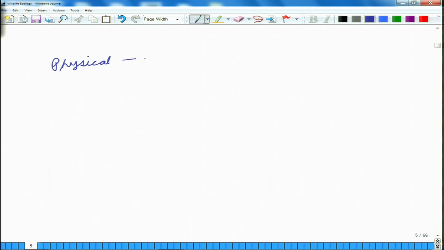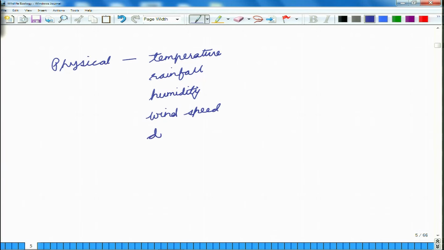Now, physical factors could be things like temperature, or say rainfall, or humidity, or wind speed, or the depth of soil that is found in that area, or the amount of sunshine that the area gets,